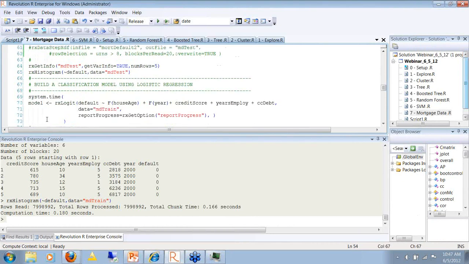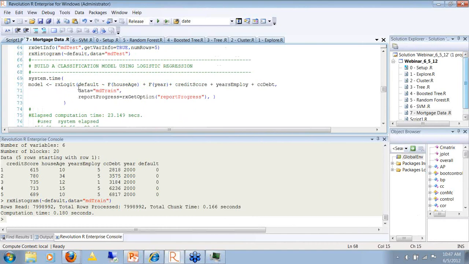I'm going to use the logistic regression function as a classifier, and I'm going to time this so we can see how long it takes.